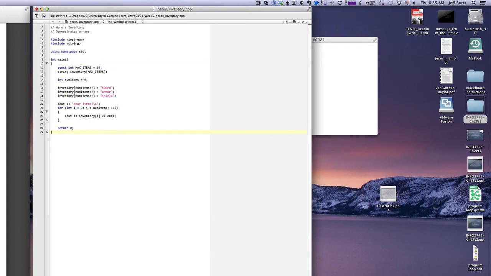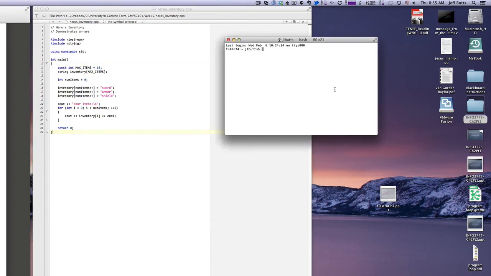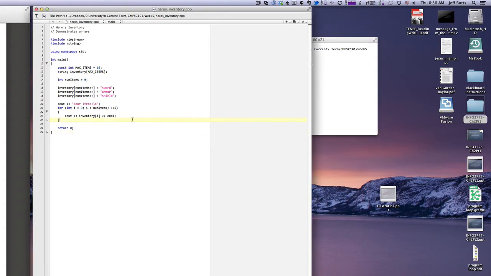We'll go ahead and see how that works. I'll compile our program and run it. So you see it prints off sword, armor, shield, the 3 items that we put in it. Okay, now let's go back into our program, and after our for loop,